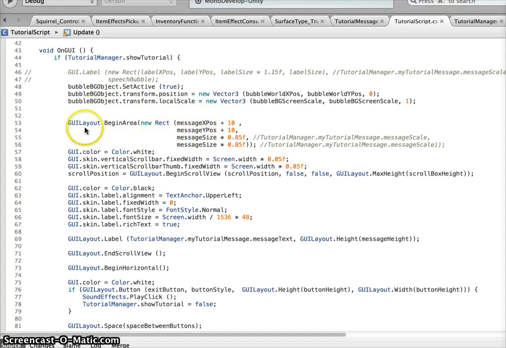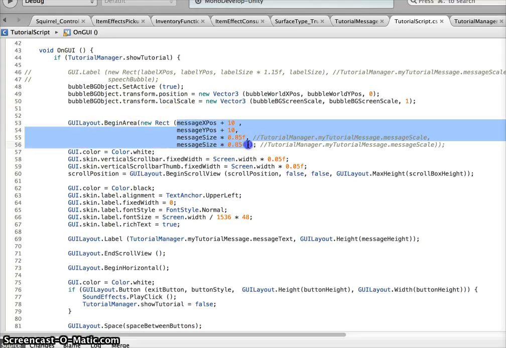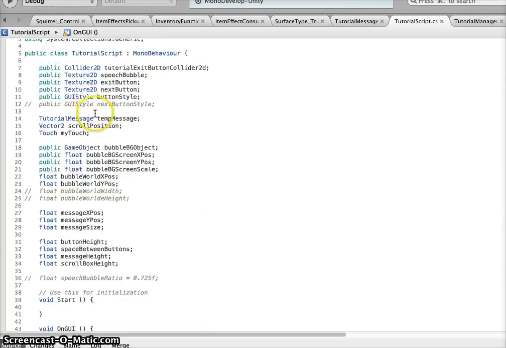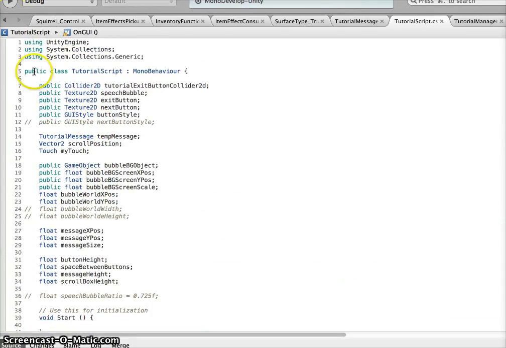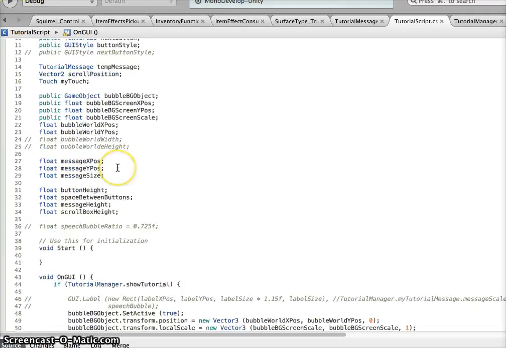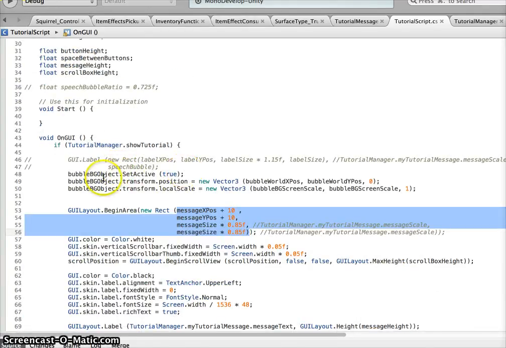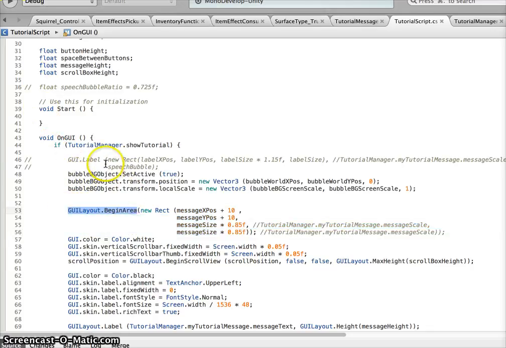What I have here is an area that's defined by certain variables, and I fiddled around with the numbers and set them as public numbers so that I could play with them while the program was running in the editor. And I had positioned the speech bubble in an area as well as the text in an area. And what was happening is in the editor, it was showing up correctly, but when I would put it on the device,